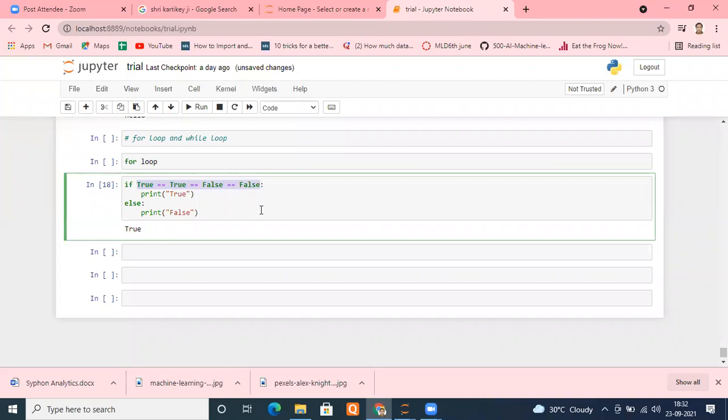Never ever. We never write any piece of code which we are not sure of what it is going to result in. As you can see, it is returning false. But how it is returning false, we cannot make out until we make something explicit, meaning we make something true. This statement is running, so it's not a true statement. It's a false statement for sure. That's why it is returning the false value, right?